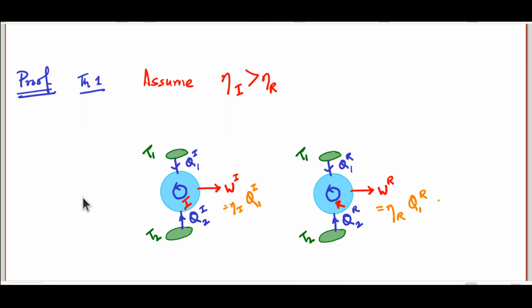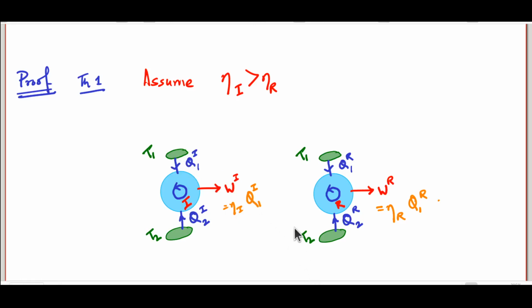Of course, that means R is a Carnot engine. Now, these are the two engines in question. The engine I takes in Q1I amount of heat from T1, Q2I amount of heat from T2, and converts Q1I essentially into WI amount of work, and WI is given by eta I times Q1I. Remember, Q1I is the heat drawn in by the engine. Q2I is actually negative, so that's actually heat rejected. And Q plus for this engine is actually Q1I. And efficiency times Q plus is exactly what work is.